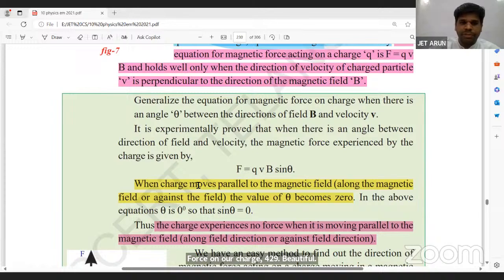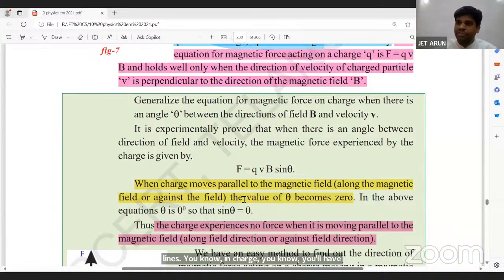All right. Important point now again. Previous year question. When charge moves parallel to the magnetic field, along the field or against the field. Field lines are like this. If the charge is projected along the direction of the field line,